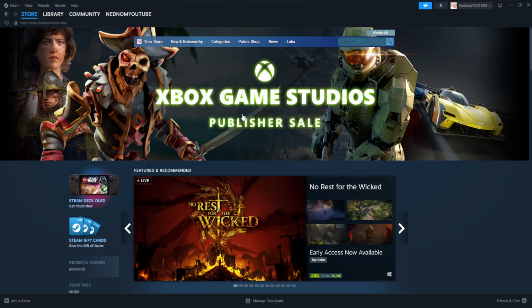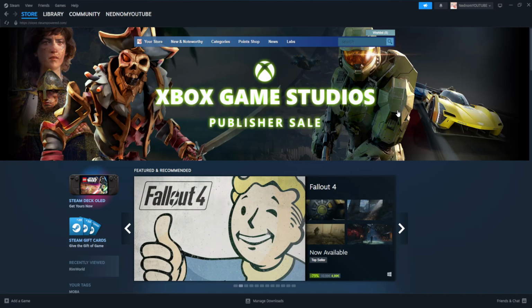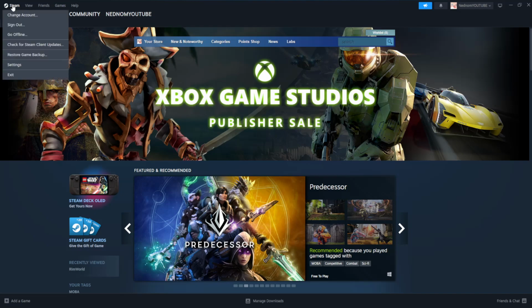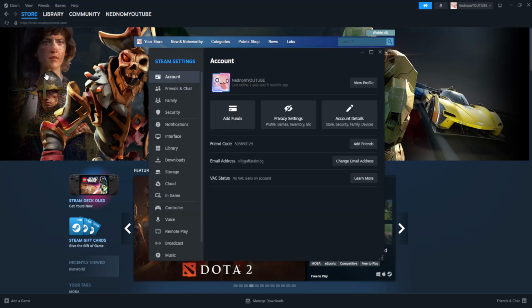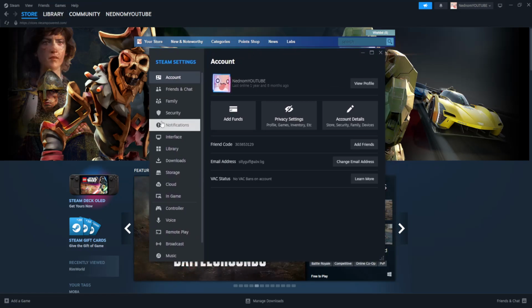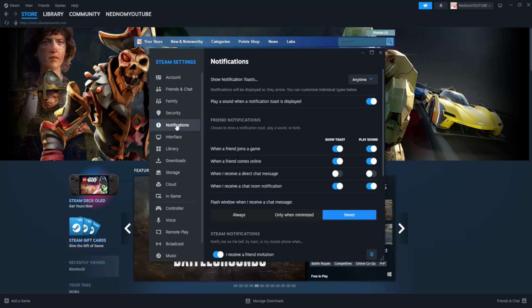How to disable friend notifications on Steam. So here I have just opened up the Steam application, and what we want to do is click on Steam in the top left corner, and then here we will select the second to last option, which is settings. Now from here what we need to do is go to the notifications option, which is the fifth one here,